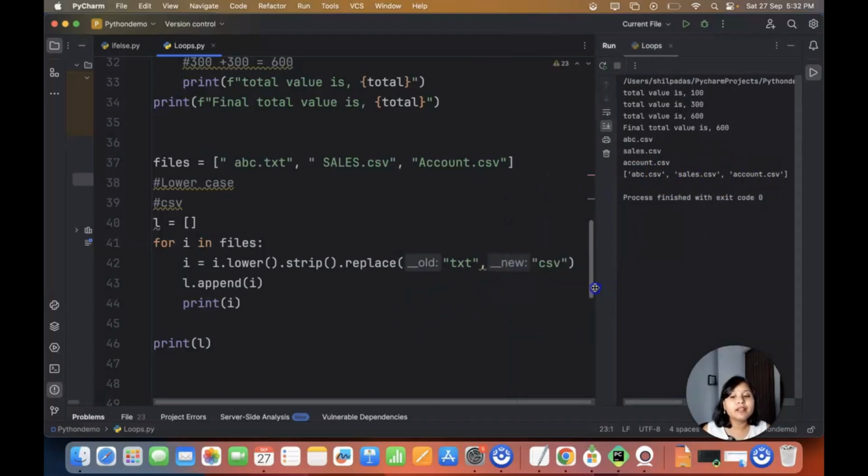If you don't understand this, don't worry. What we did is we actually created an empty list. In this empty list, we are just appending. Whatever value we got here, we are just appending it into the empty list and we are finally outputting it. So this we will again learn in the list, all the methods of the list. So don't worry about this. I just wanted to show you